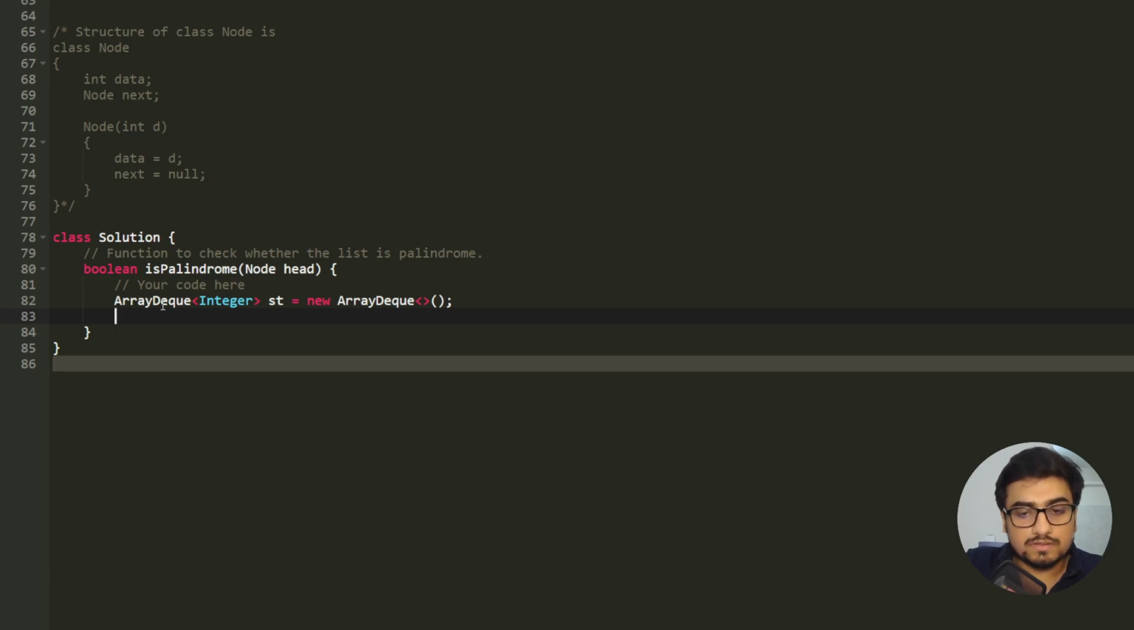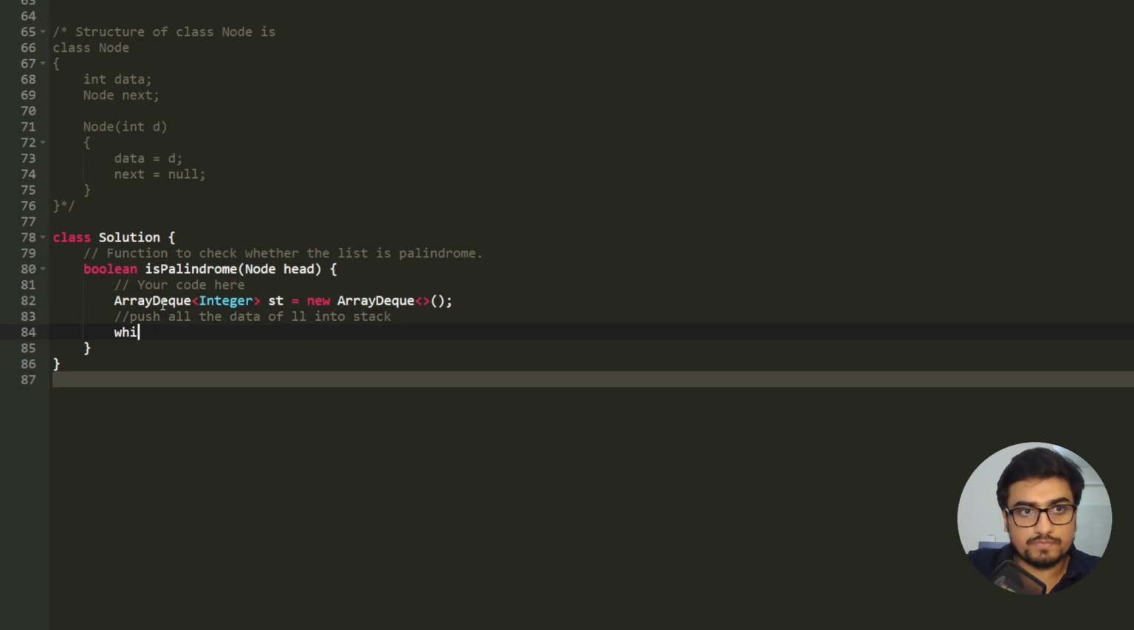Okay, so we need to push all the data of the linked list into the stack. So we're going to traverse the linked list, and for that we'll use a temp pointer, or let's say a